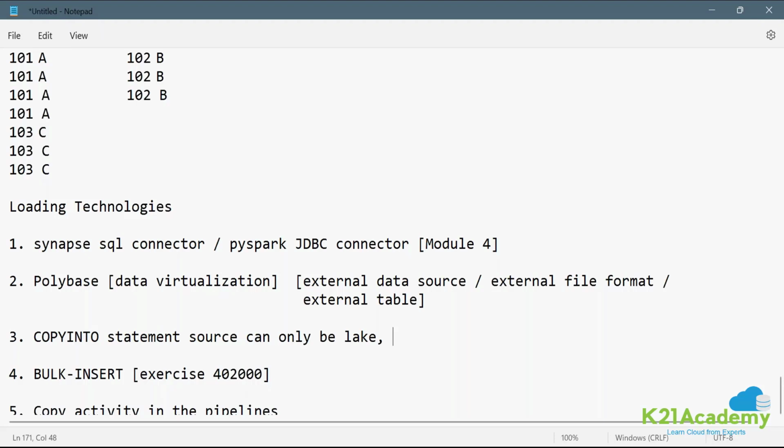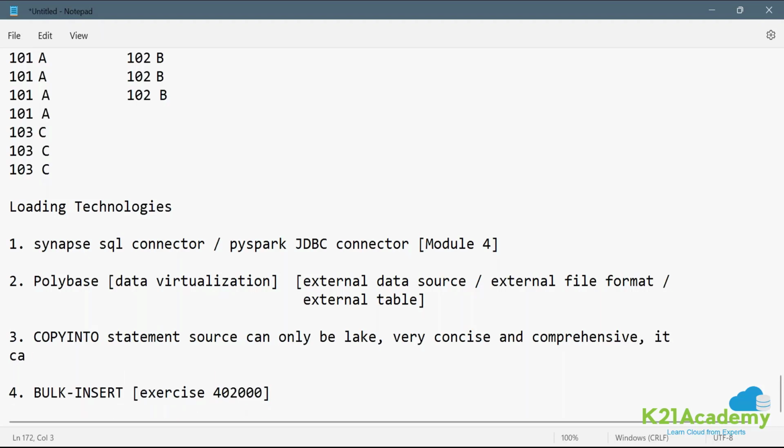But it is very concise and comprehensive. Comprehensive means you don't have to author all these things. Data source, file format, nothing required. Very concise, very comprehensive. And it has one more advantage where it beats Polybase. It can handle